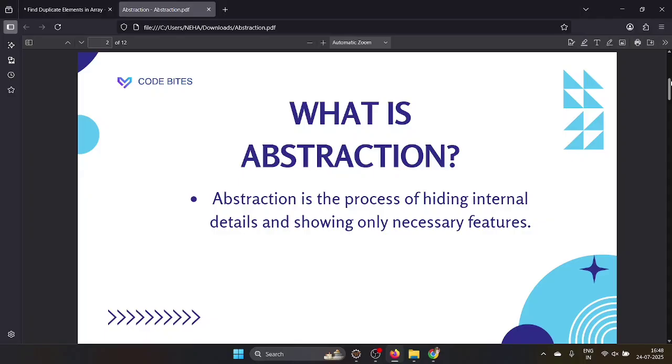That we call abstraction. Abstraction means you see the necessary things, and the rest of the things are hidden. Abstraction means hiding the internal implementation and showing only essential features to the user. That is what we call abstraction.